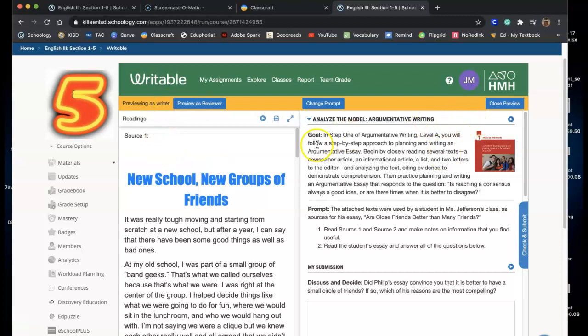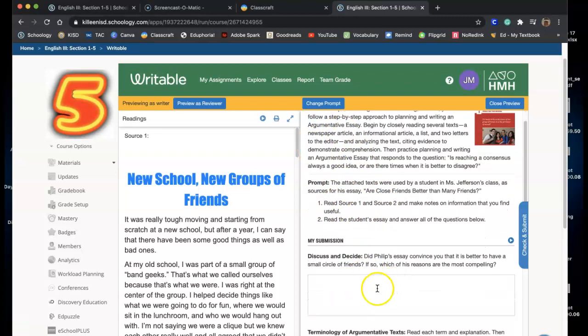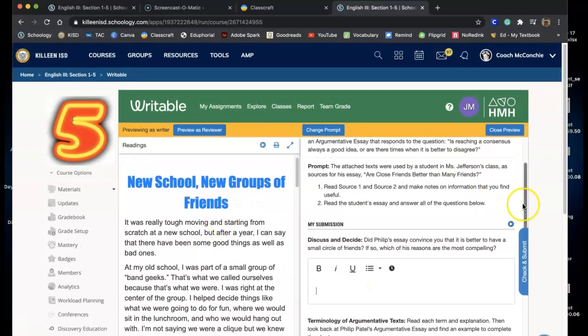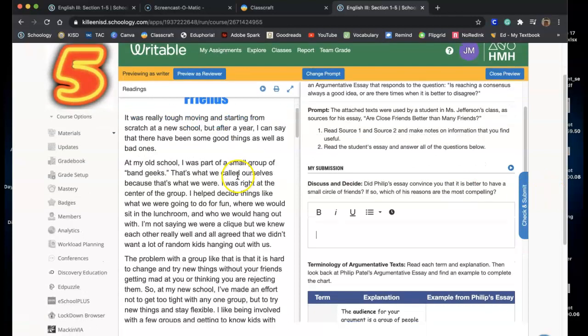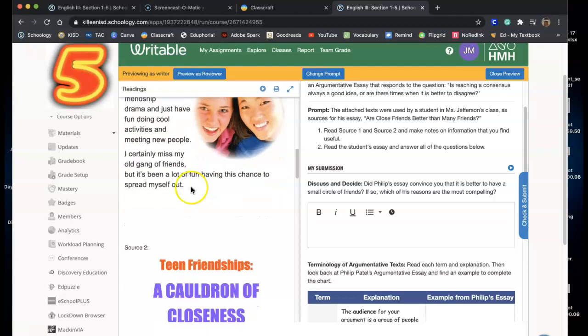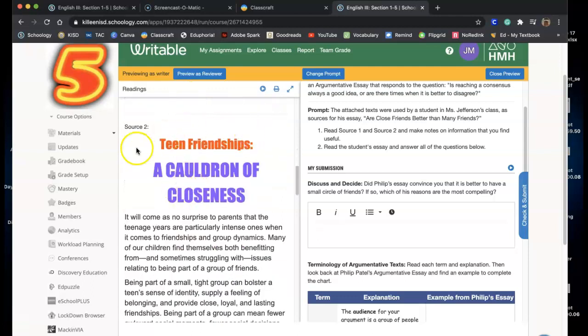You will see, here is the source, here is the goal, here is the prompt, and here is where you insert your answer. Okay, so let's scroll up here. Here is the source article, and here is the second source article.